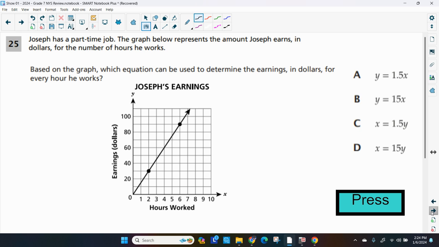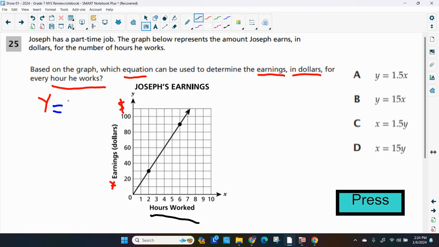Based on the graph, which equation can be used to determine the earnings, and that's on the y-axis, by the way, in dollars, so we're talking about money, for every hour. Hours is over here. And remember, when we write an equation, we better have an equal sign